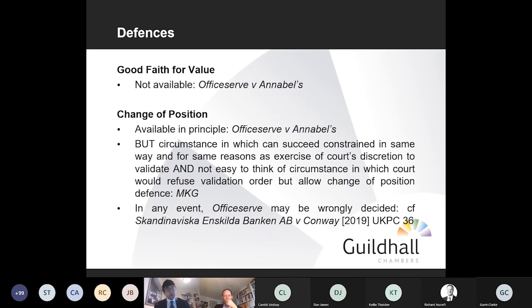The most common defence, or most familiar defence, should I say, to an unjust enrichment claim is that of change of position, good faith change of position. So that's where someone says, well, I've received an enrichment, it was unjust for me to receive it, but since then, in good faith, I have acted in such a way that my position is so changed that it would be unfair, or unjust, for me to have to now give back what I've had, because essentially I no longer have it.